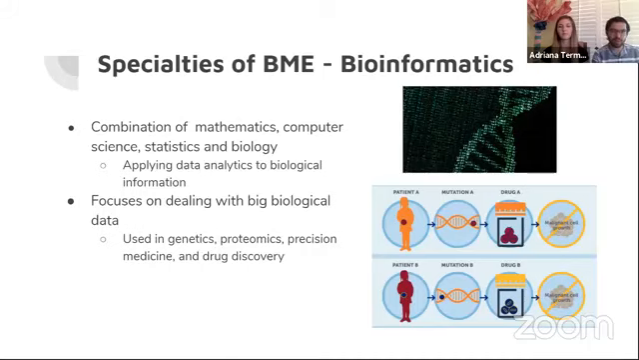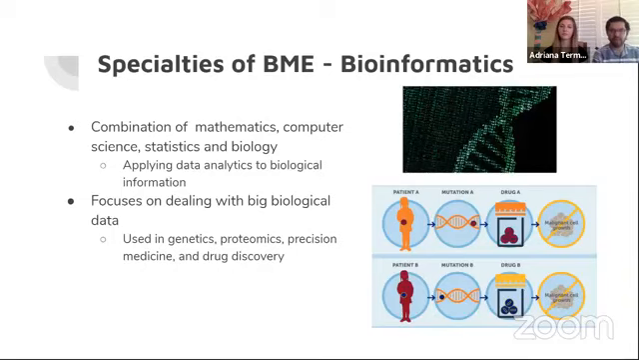So as a broad term, bioinformatics is the combination of mathematics, computer science, statistics, and biology. So a lot of what engineering is, but with a little more flavor of computer science. And what you do in this field is apply all of these engineering concepts and apply them to computer science, but with a focus on a lot of the data being biological. So this biological data can be a lot of different things. So the genetics, proteomics, which is the study of proteins,